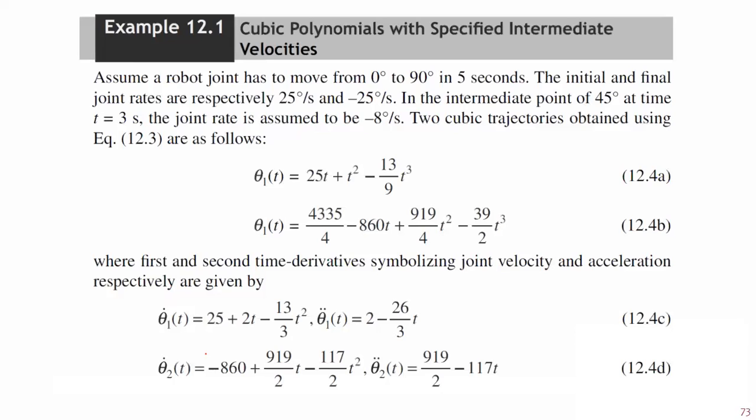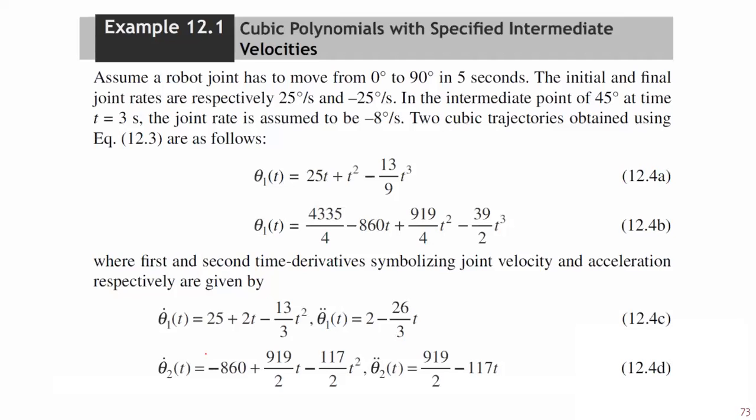Theta 1 of t is equal to 25 t plus t square minus 13 t cubed divided by 9. And theta 2 of t is equal to 4335 divided by 4 minus 860 t plus 919 divided by 4 into t square minus 39 divided by 2 into t cube, equation 12.4b, where first and second time derivatives symbolizing joint velocity and acceleration respectively are given by theta 1 dot of t is equal to 25 plus 2 t minus 13 divided by 3 into t square,